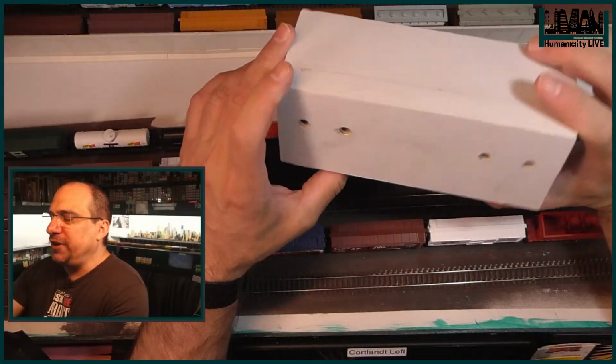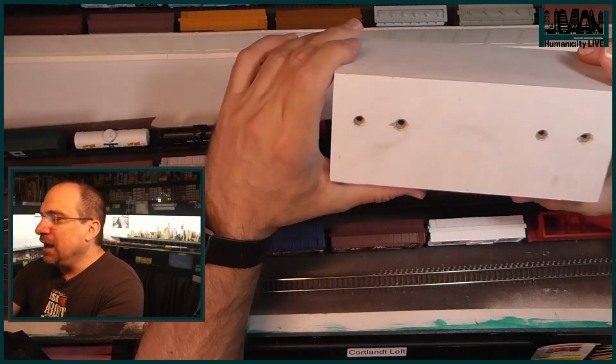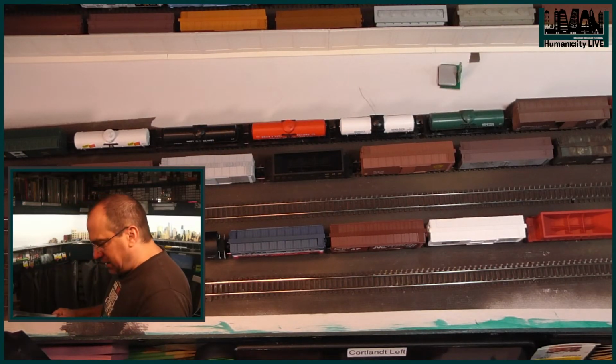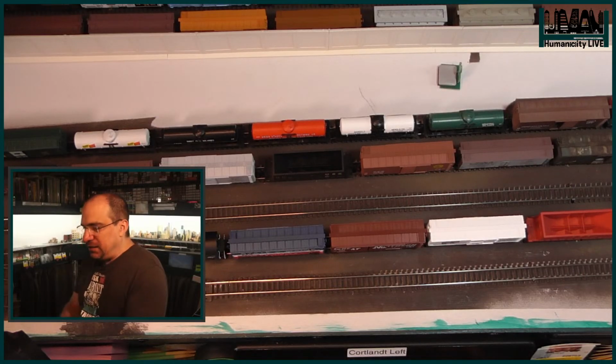So what I did was I made a jig. I didn't make a fixture. I know that in certain worlds this would be called a fixture. In my world, I call this a jig. But I made a jig, and the idea is that I can take this piece of aluminum, and I can